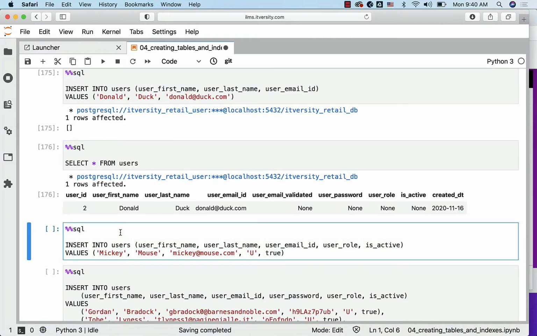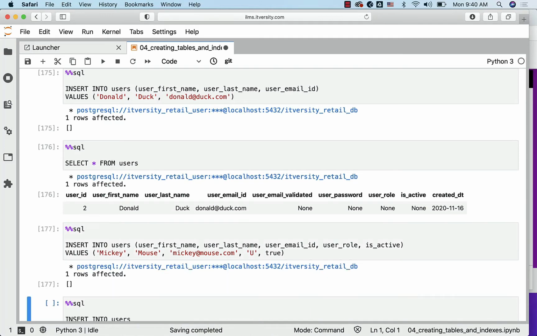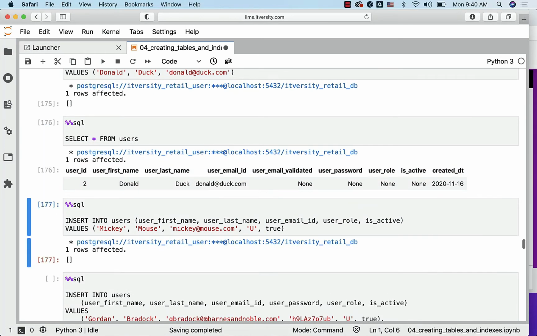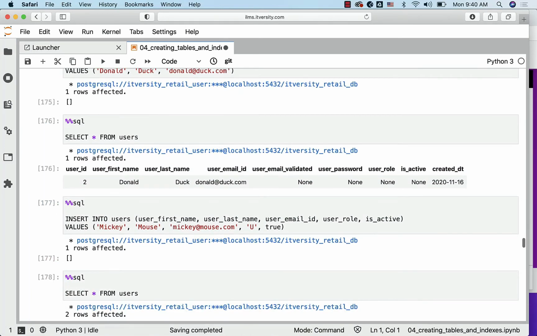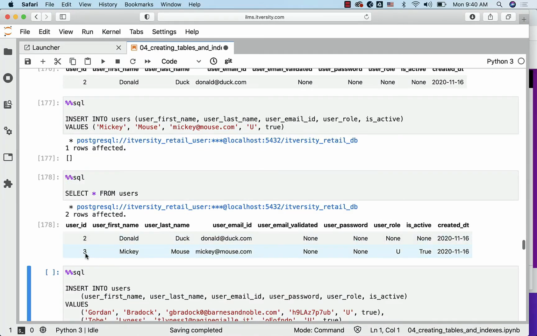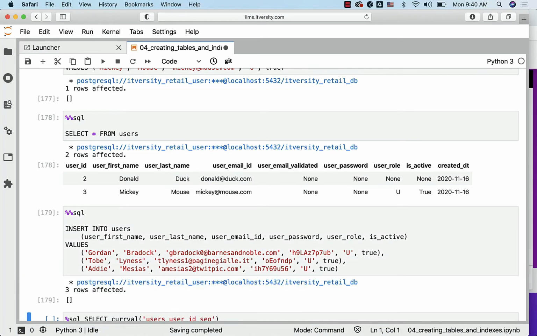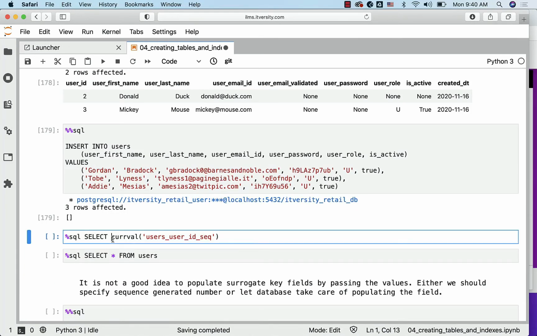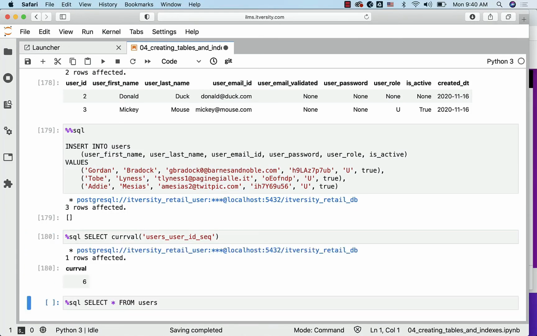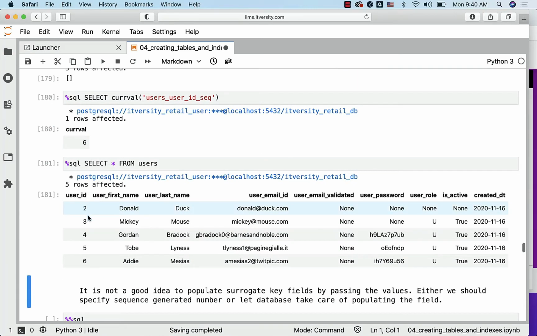Now you can run this query to insert another record. If you run this select star from users, this time it will return 2 records, and you can see that user ID is 3 for the new record that is inserted. This will take care of inserting 3 records. You can get the current value for the users user ID sequence, and you can actually see the data here. You can see the sequence generated numbers are 4, 5 and 6 because the increment by is by